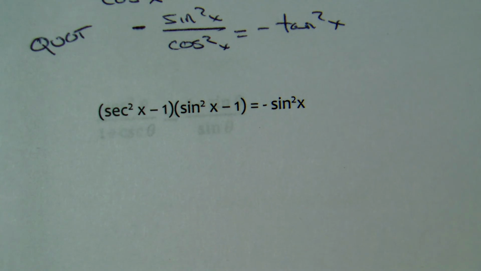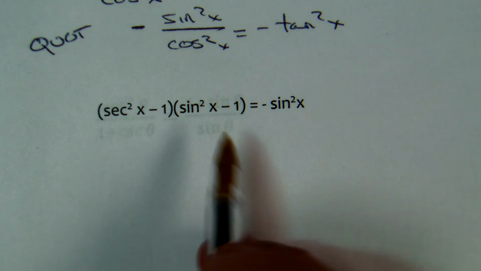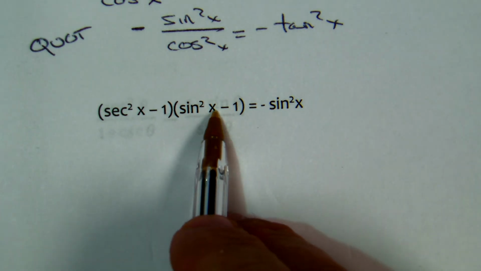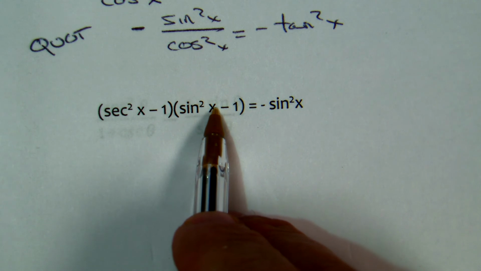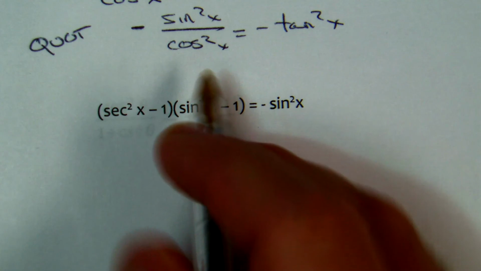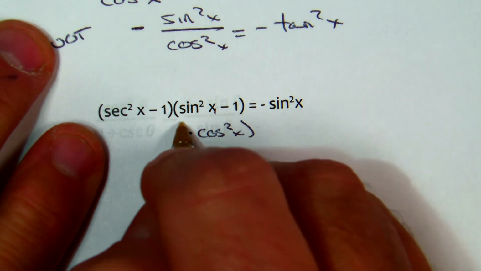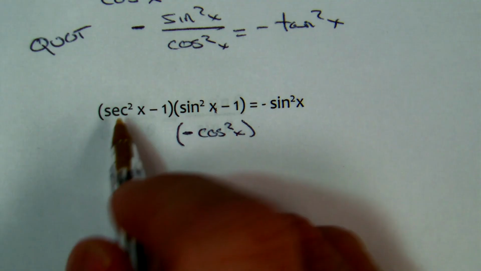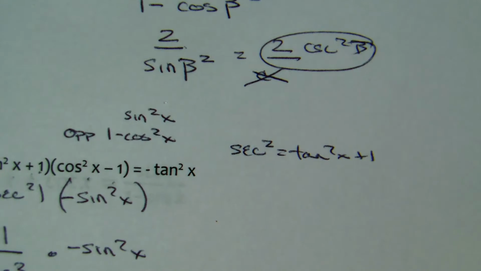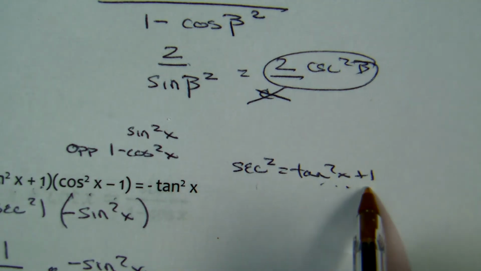Secant squared x minus 1 times sine squared x minus 1 equals negative sine squared x. Sine squared x minus 1 is the opposite of 1 minus sine squared x. 1 minus sine squared x is cosine squared x, so this would be negative cosine squared x, just like the one above it. Secant squared x minus 1, if I go back here, secant squared equals tangent squared x plus